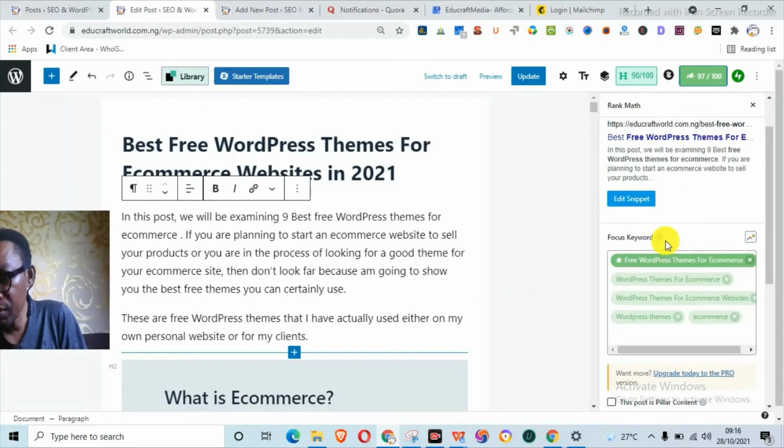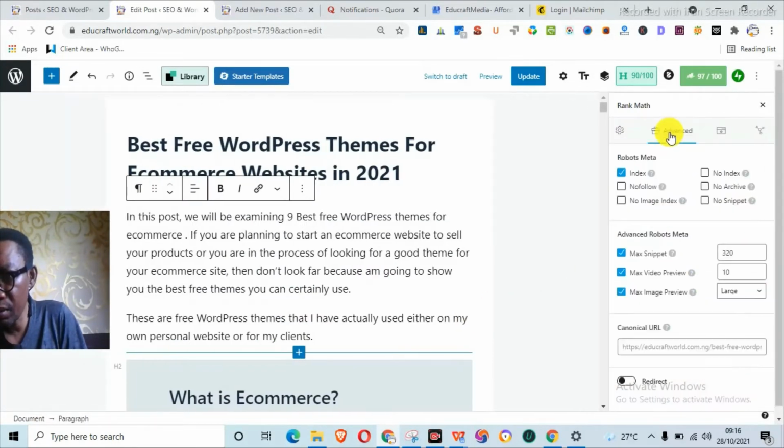Here I've set my robots meta to index and the max snippet to 320, but usually I use 320. I know that basically it should be one range system, but I'm going to leave it there. So move back to